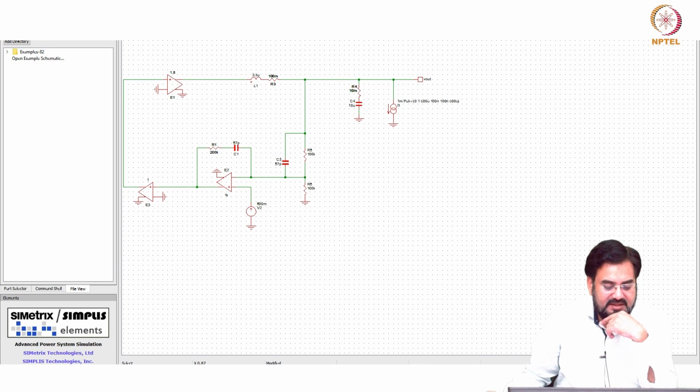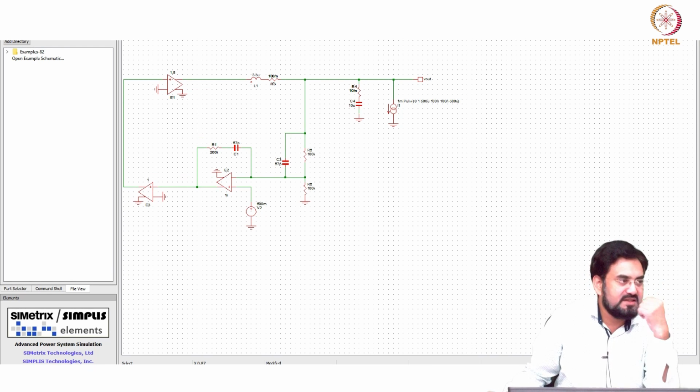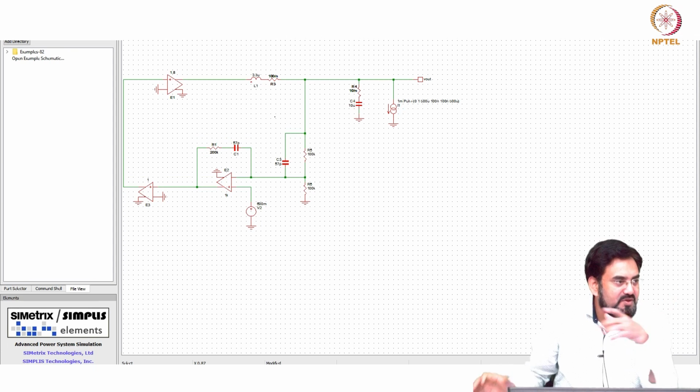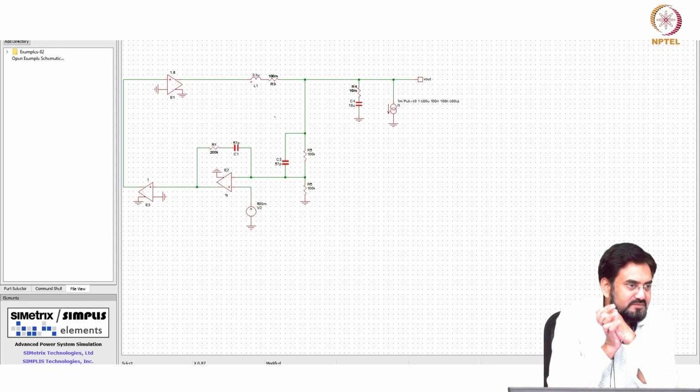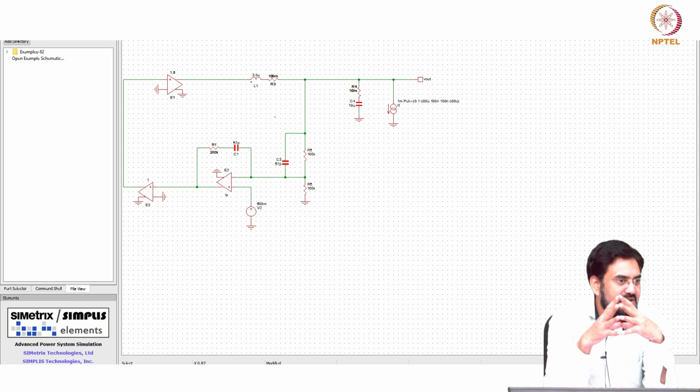So in order to reduce the Q, what we need to do? One way is you increase the R loss, but increasing the R loss will kill my efficiency. So another factor you had was square root L over C. And if I want to keep my resonance frequency, omega naught, the same, because we have already calculated the values, I do not want to change my compensator. So let us say you have already designed your chip for a particular omega naught, then you do not have any option to change that, but LC is external, you can play with that.